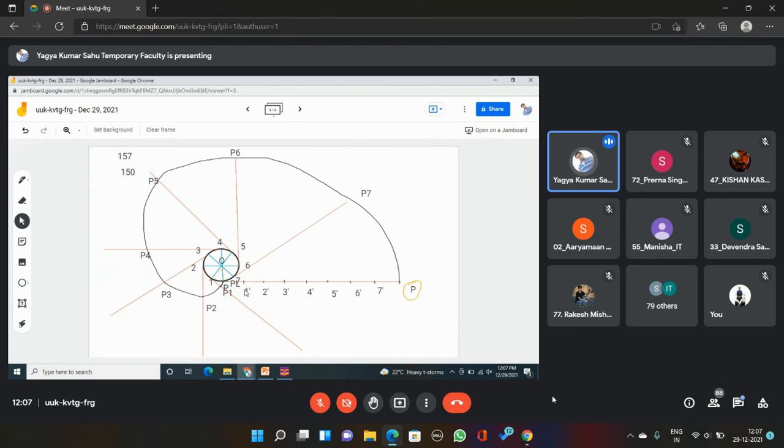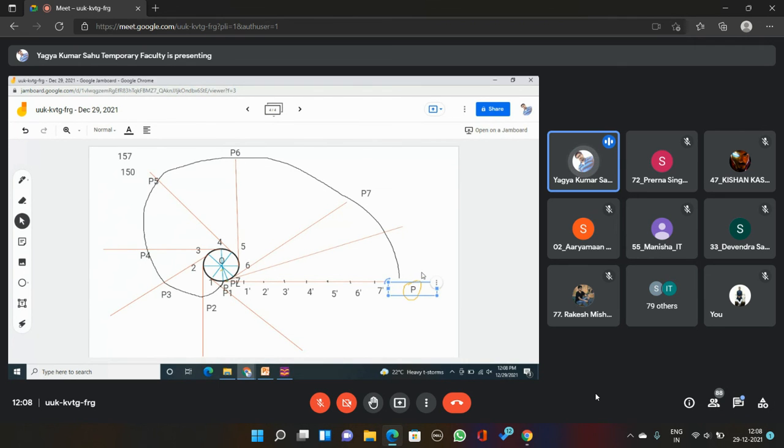At this position, what do we need to draw? At this point PL, we need to draw the tangent. And what about the radius now? To draw the tangent, first of all draw the radius. Join O to PL and draw the tangent. Now, first of all, locate PL. So I am erasing this one. Now locate PL here.